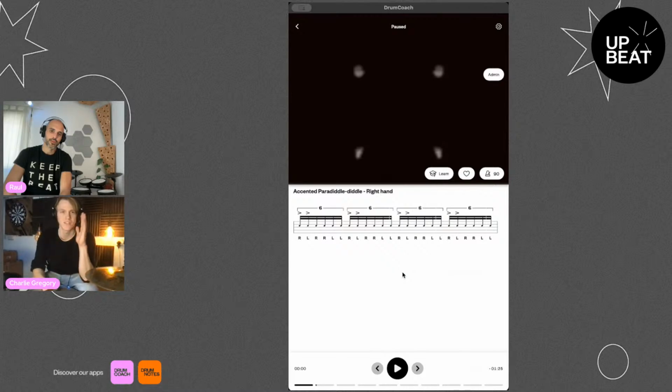Sometimes you want it to be super the same dynamically, but I love a quiet one and then a loud one. Okay. And yeah, like you say in fills, the classic example would be right, left, kick, kick. There you go. You can get a lot more out of that in different feels if you play around with the dynamics. It gives it much more taste. All right, that's it, man.